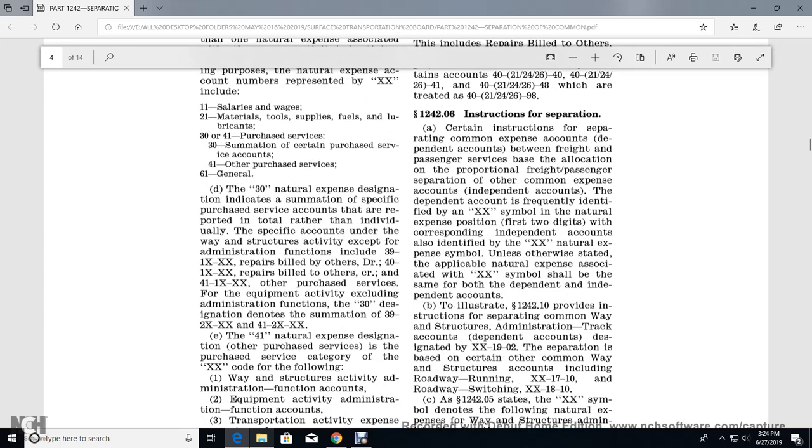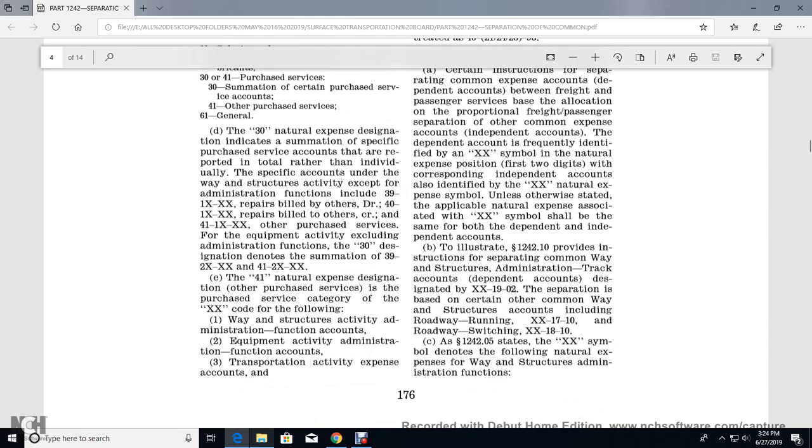The 30 natural expense designation indicates assumption of specific purchased service accounts that are reported with the total rather than as individual specific accounts under the wage structure activity, except the administration function: 39.1xxx for repair bill and 41xxx repair bill and other purchased services. For equipment activity excluding administration function, 30 designates assumption, 39.2xx and 41.2xx natural expense designation,